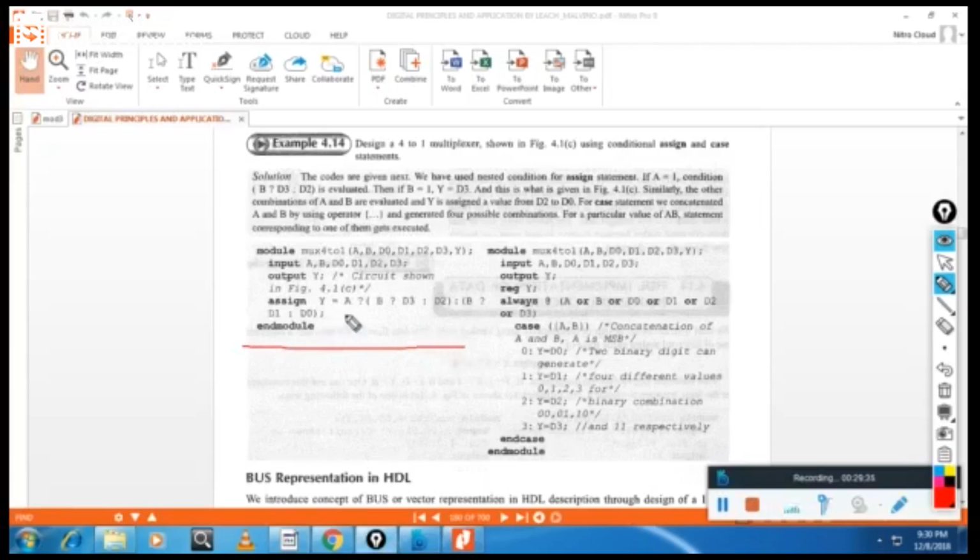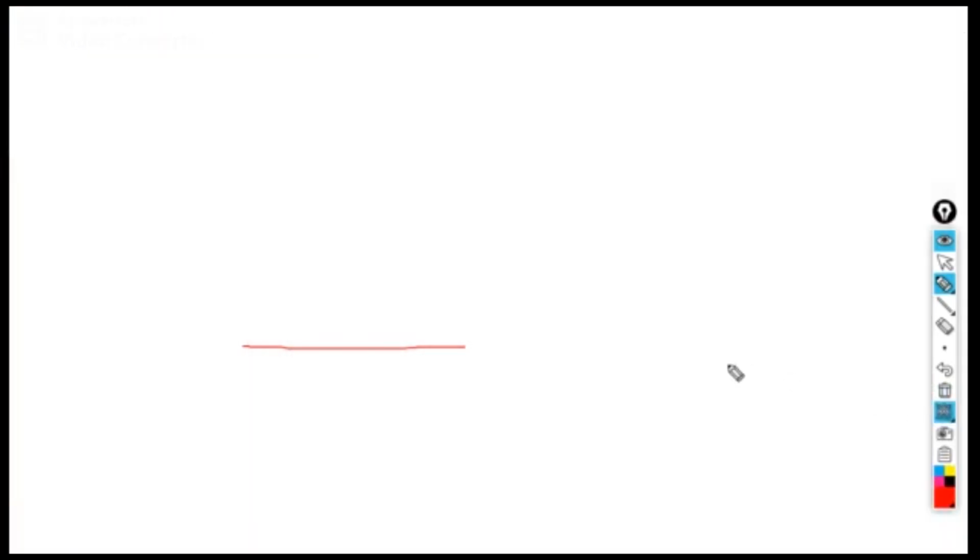So Y can take value. So let me use a whiteboard and explain. So I will rewrite this one. Assign statement is used here.